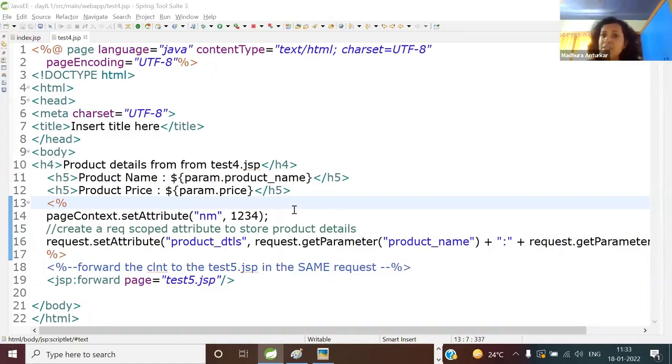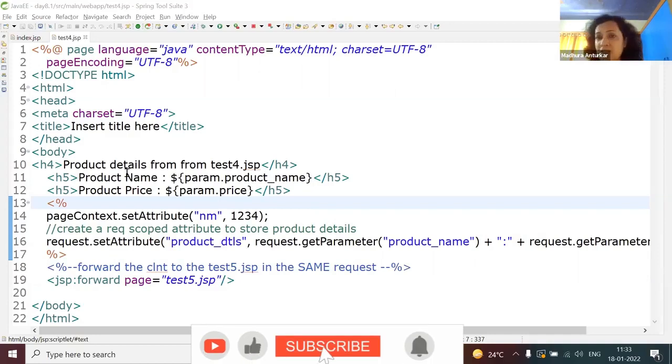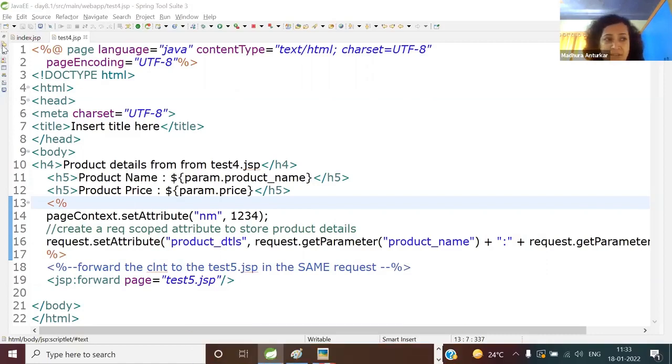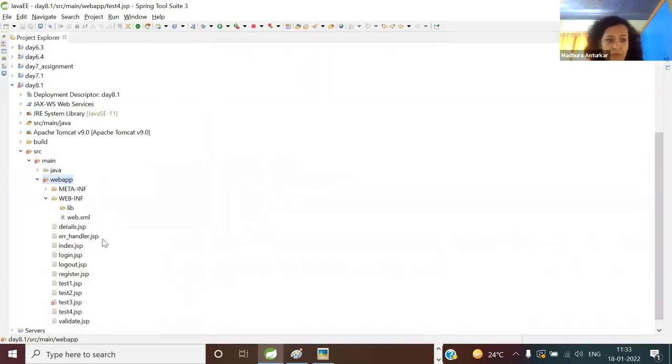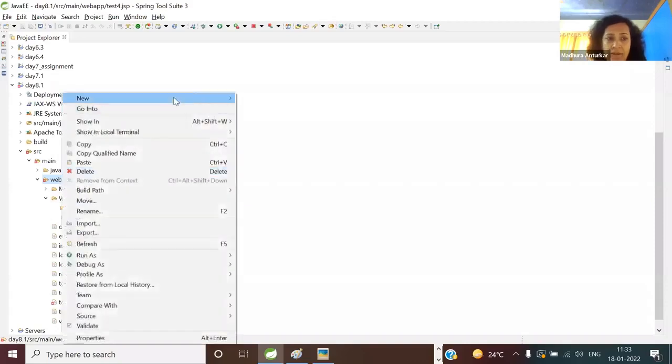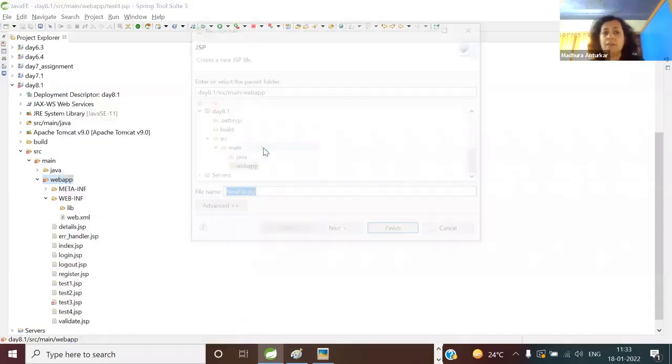Okay, so now, which is the next page? It is a division of responsibility, separation of concerns. So this page collects all the information and the last page in the chain can generate the dynamic response. So we are creating a two-page chain. So let us create the next page as test5.jsp. If there is one red cross on test 3, ignore that because it is an included page which the IDE doesn't understand. So right click, new, test 5